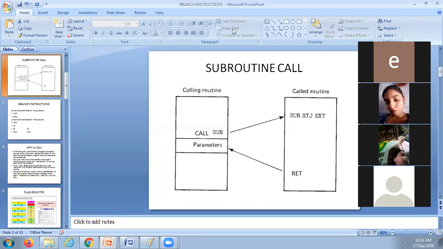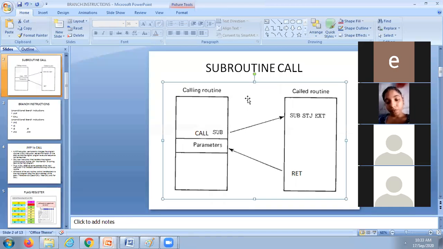Suppose, for example, while executing this program, the R0 content is 20. Without storing that, if you use R0 again here, R0 will have some other value. So is it right? No. I will repeat once again because this is a crucial one. This is the main program, this is the subprogram.